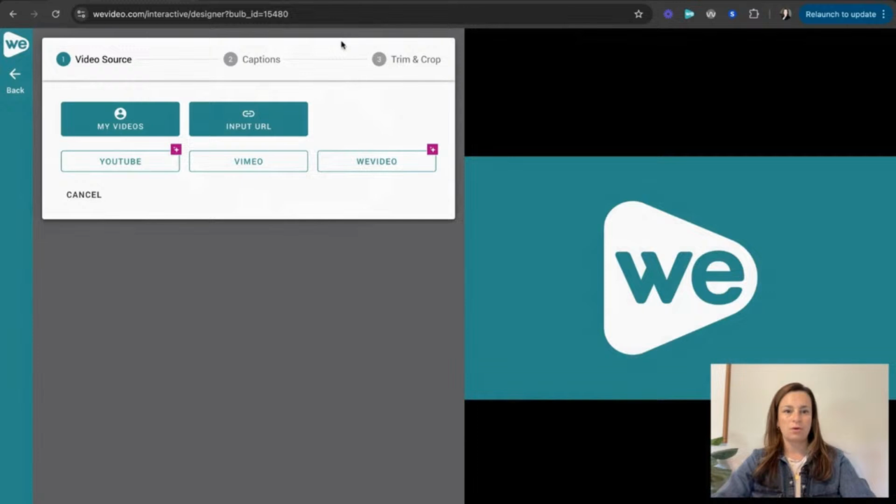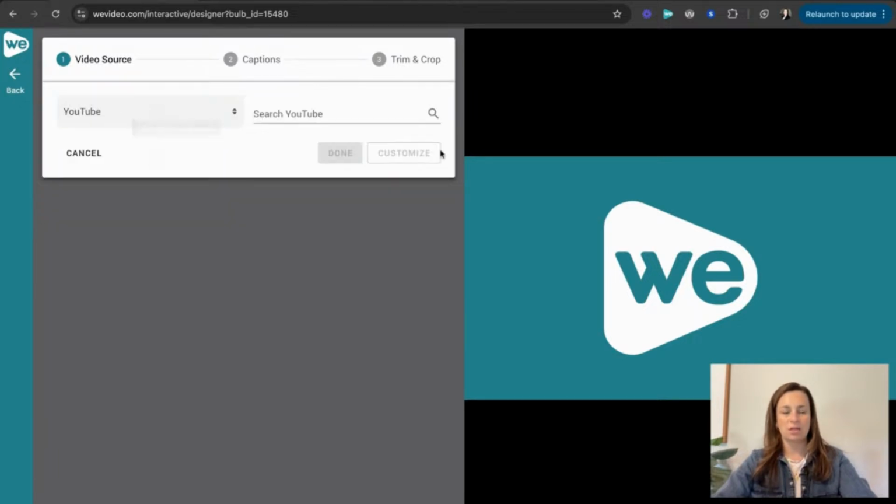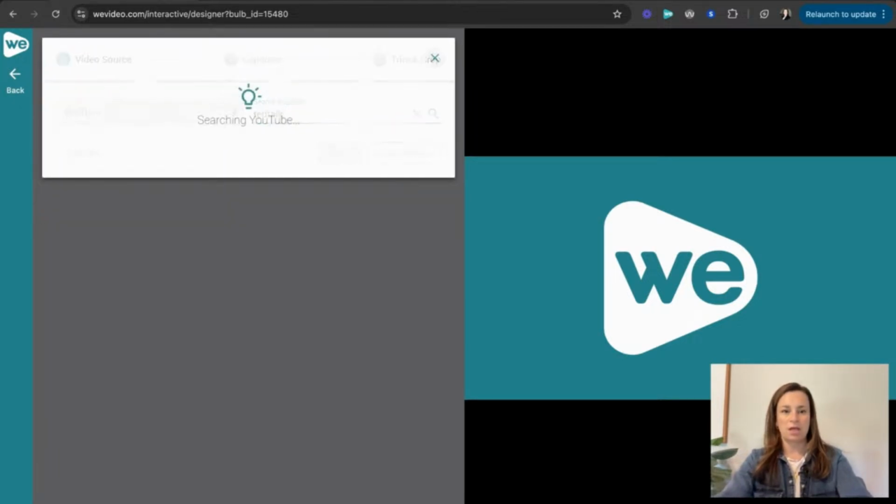From here, this is where you're going to pull in your video source. So if you've already created a video in WeVideo, you can pull from here, or you can pull from YouTube. You'll notice that AI Assist is available for both WeVideo and YouTube, and that is our AI generated question creator. So AI uses the subtitles from YouTube or from the subtitles created in WeVideo and then creates questions based on that content. I'm going to go ahead and select a YouTube video,